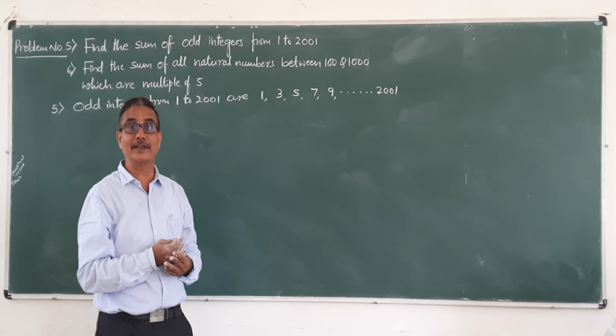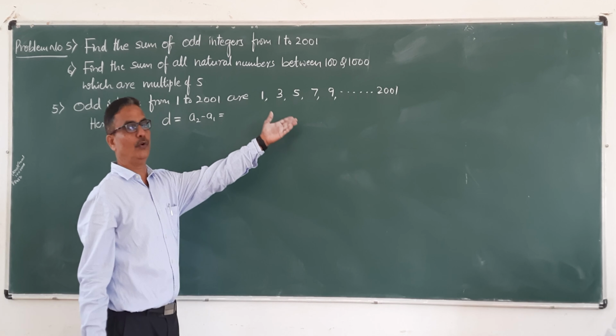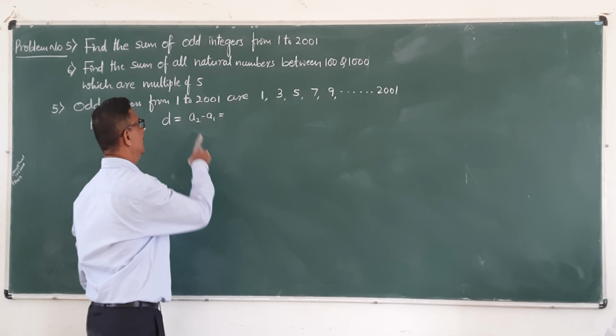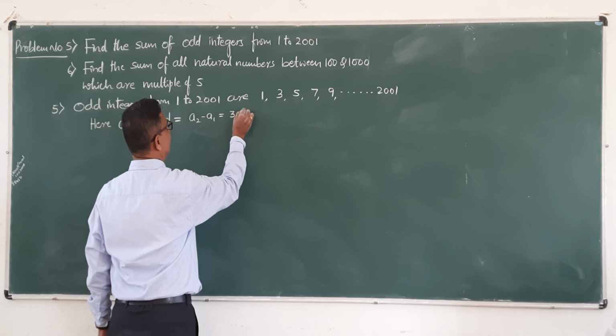What is common difference? Now difference of those three is 2. Here difference is 2. Here difference is 2. Here difference is also 2. Here it is in arithmetic progression. Here first term denoted by a value 1. Common difference d. How to calculate common difference? Second term minus first term, or third term minus second term, or fourth term minus third term, isn't it? So second term minus first term, 3 minus 1, that is common difference.